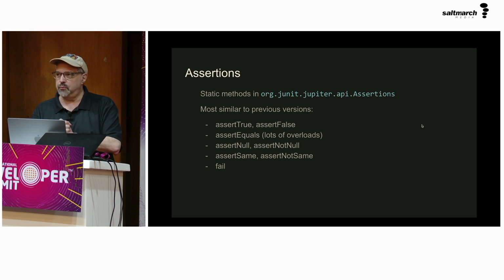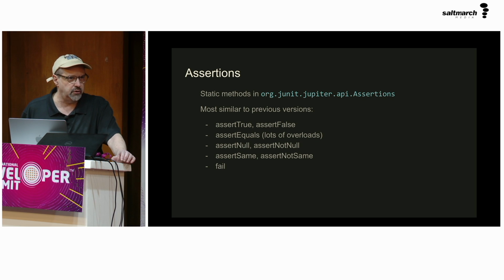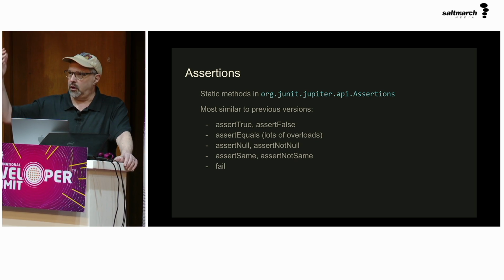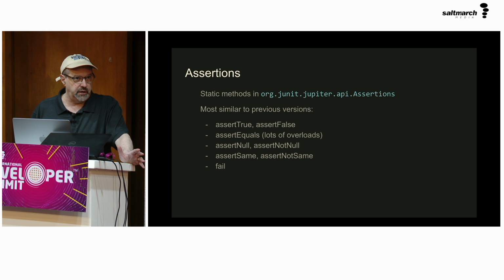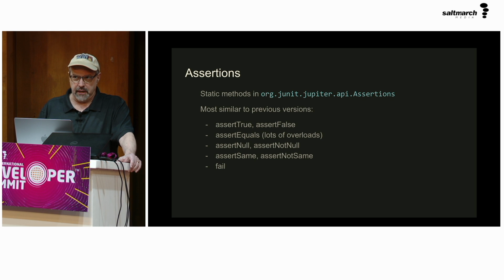Assertions. Now, we've all used the same set of assertions that have been around pretty much since JUnit was first created. Assert true and false, assert equals with all the different overloads, assert null and not null, of course, assert same and not same as reference equality. Are two references assigned to the same object or not? That's assert same and not same. And fail, which was really funny back in the Wayne's World days, but that's been a while. You're all too young for that, I'm sure. Anyway,